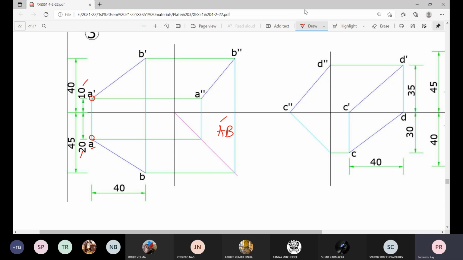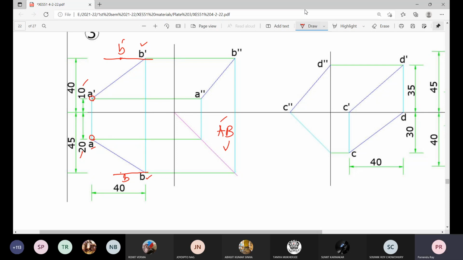Next, for point B, 45 millimeter distance from vertical plane. That is, this is the vertical plane side, the upper side. So distance from vertical plane in that view, it will come below here on the other side. So this is corresponding to location of this B. And this is the elevation. But one thing is sure, it may be anywhere. It may be here also. And one more important clue is that